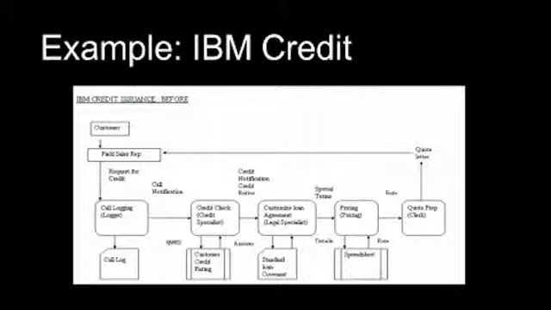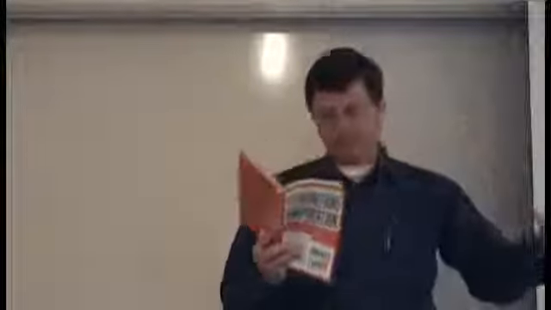So here's how it worked. When an IBM field salesperson called in with a request for financing, he or she reached one of 14 people sitting around a conference room table in Old Greenwich, Connecticut. The person taking the call logged the request for a deal on a piece of paper. That was step one. So there you have customer. They call for credit. My guess is really it's the sales rep and the customer together. They call, and they get somebody sitting at a desk whose whole job is to answer the phone and take the request. Okay, I'm going to finance this kind of computer. Here's the name of my company.